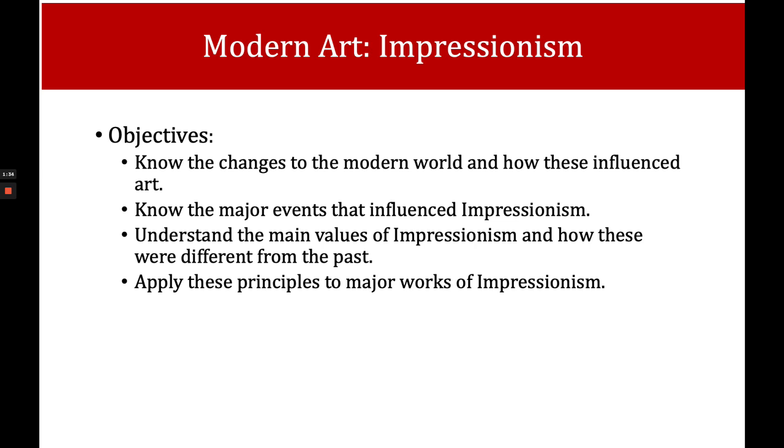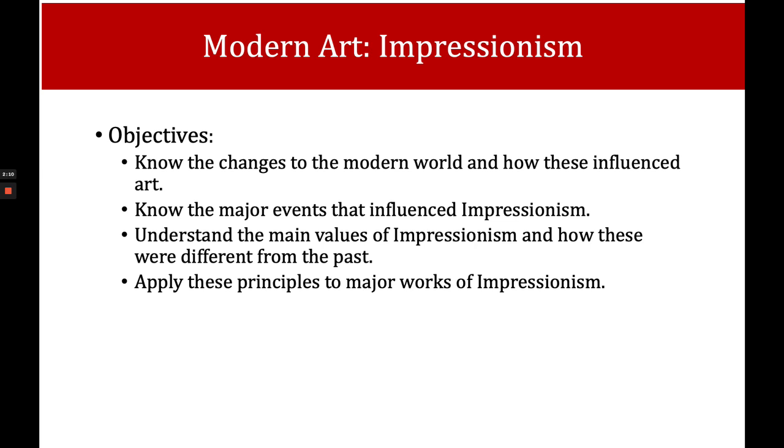And so Impressionism is one of the first avant-garde movements, which is artists coming together and having a manifesto and saying, this is what we're going to do. We're going to reshape the art world. We're going to change the aesthetics, and we're going to try to use art as a way of changing the world. And so artists believed that they were kind of quasi-prophets that could see and direct humanity to a better end. And so it's very influenced by those Victorian principles of hope and change in the future. They wanted to use art as a way to do that.